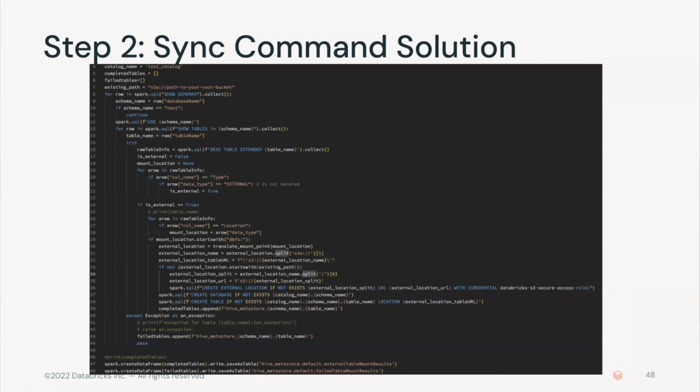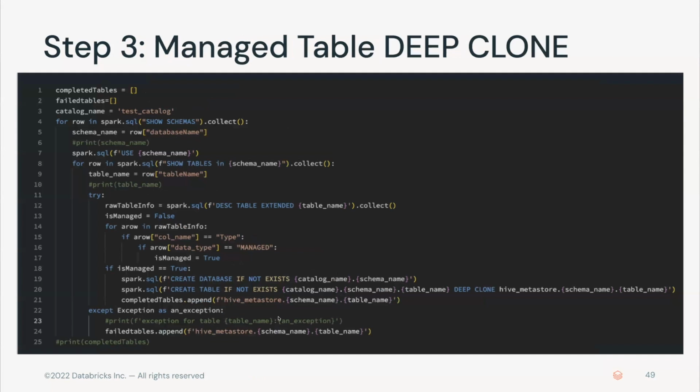And if the external locations don't exist, it will create those too. Does that make sense? So you see how there's this, make sure that you have all of your external locations copied with all of your tables that are external, and then capture any failures. Manage table deep clone is another, this is a little bit more trivial than the sync table example. It's just like, hey, if this is managed, copy it, right? See on line 20, there is that deep clone of Hive Metastore